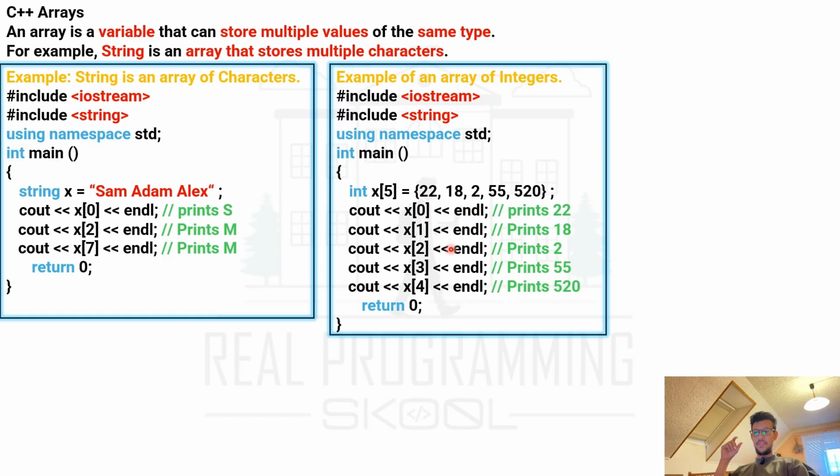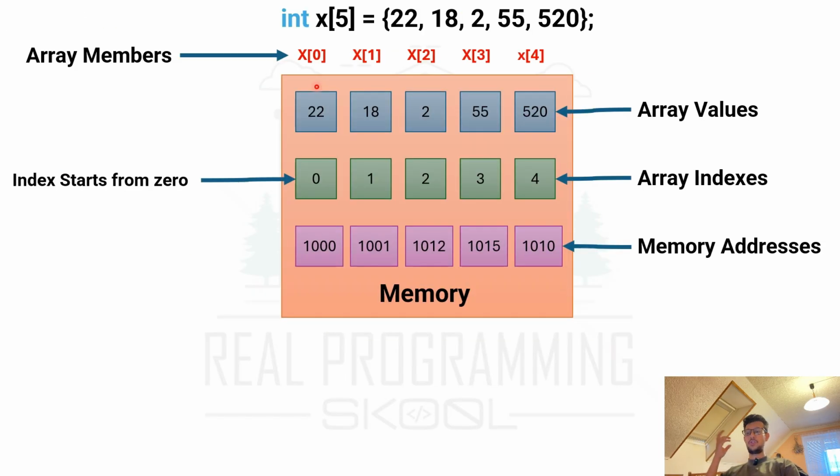If I want to print the first value in the array, I will use the same syntax as with the string. x[0] will print 22 for me. x[1] will print 18. So the index of the array also starts from 0. So enum, string, and array all have indexes starting from 0. All right, so as we said, if you want to create an array of integers, we define the integer data type, and after that you declare a variable. We call this, for example, x, or whatever you want, [5] equal between two curly